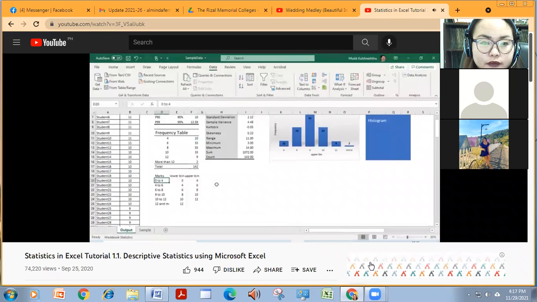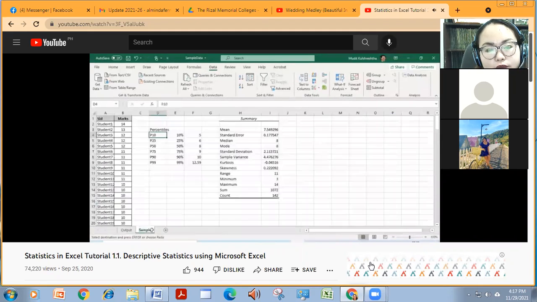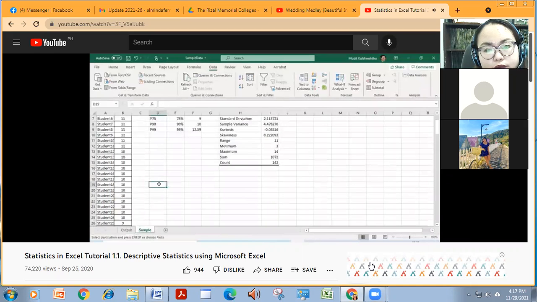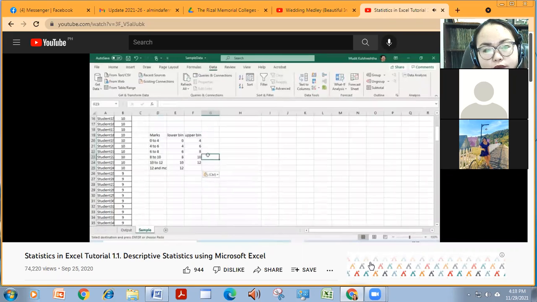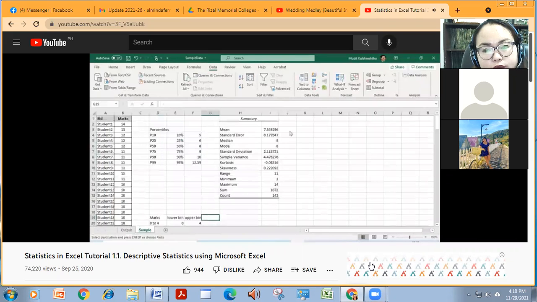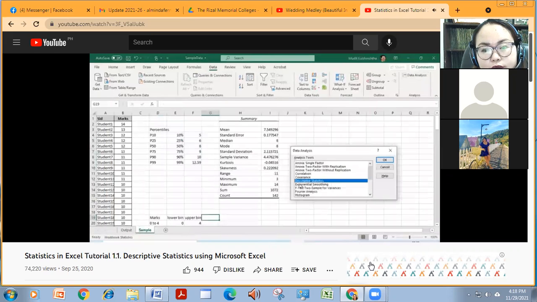Now we are going to compute the counts of students. So this upper bin needs to be specified. So what I'm going to do is copy this and copy it in my sample file somewhere here so that I have this data now. So this upper bin, I'm going to use it to construct the frequency table. So now what I need to do is go to data analysis. There's something called as histogram. So don't look for frequency under this menu. There is no specific menu called as frequency. Now what is available is a histogram, but this menu itself computes the frequency table for you.